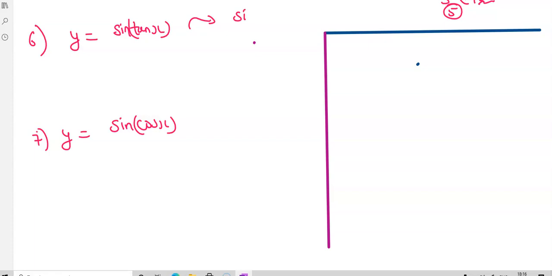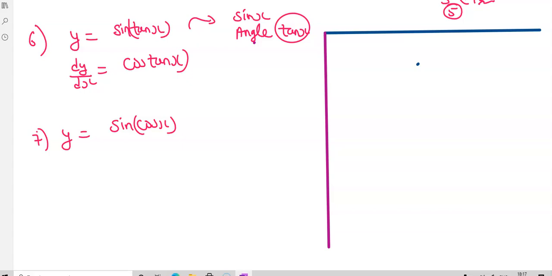Now if we have a question like sine of tan x, again it will give me a hint that the function is sine, but the angle has been changed from x to tan x. Now I am writing the answer directly. It is dy by dx, derivative of sine is cos. Instead of angle I will be writing tan x, and derivative of tan x is sec square x. So it is sec square x